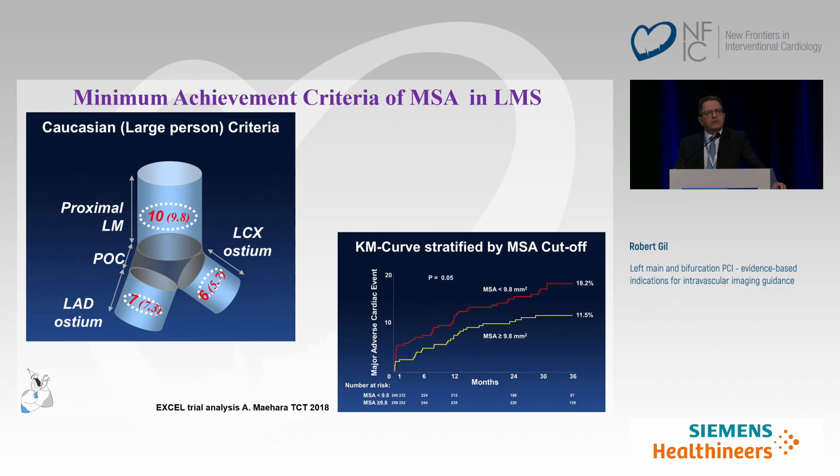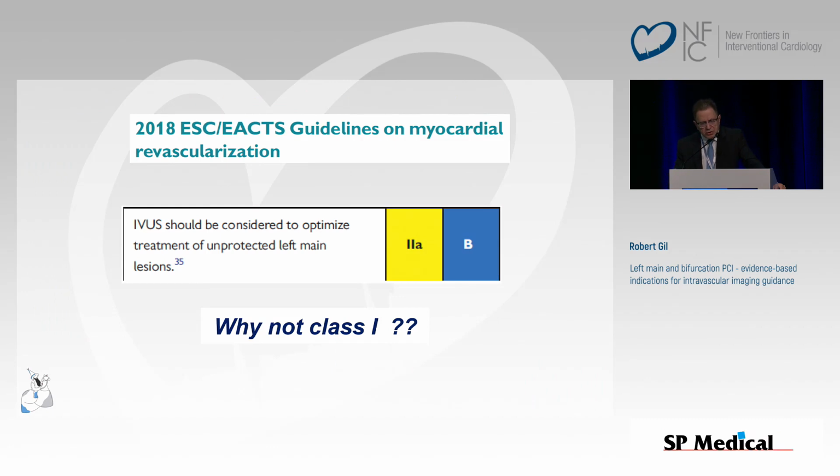We need much more. We should add at least 1 square millimeter, and even with this 1 square millimeter, we are not sure that we are in the safe zone. But at least we should work. We should assess the real size of the vessel, trying to optimize to the real size, not just based on angiography. So taking into account all of this information, we can ask the question, why is this